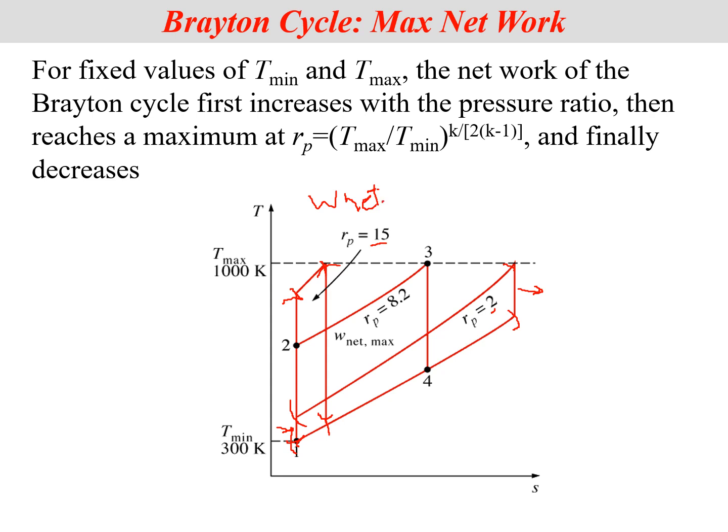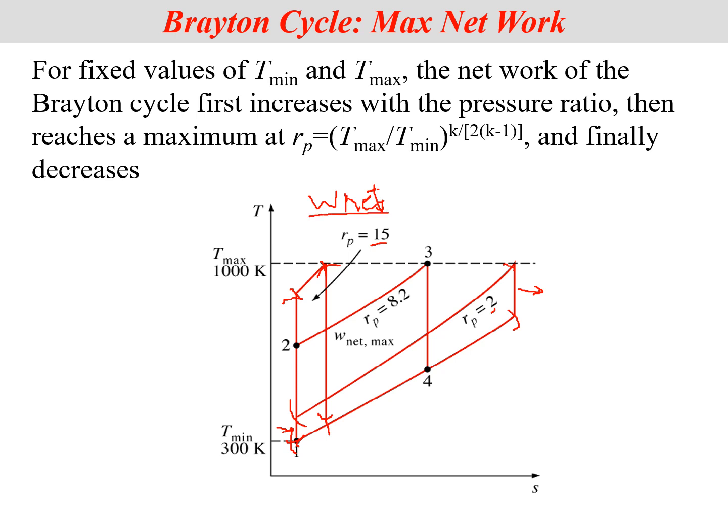This is commonly used in jet engines, because we don't want a lot of output work at the shaft, but we want the system to have a large amount of efficiency. So commercial jetliners can run at very high pressure ratios, commonly up to 50 or 55. But in power generation, we want a good efficiency, but we also want a large